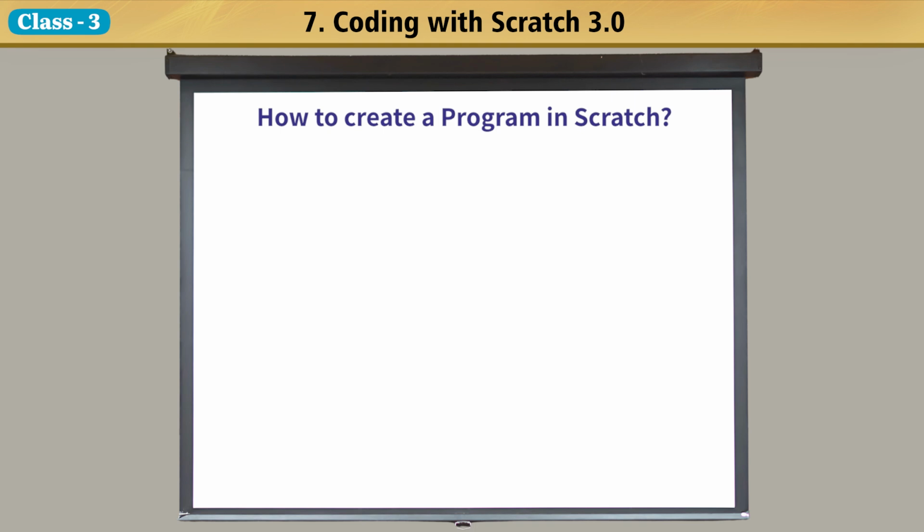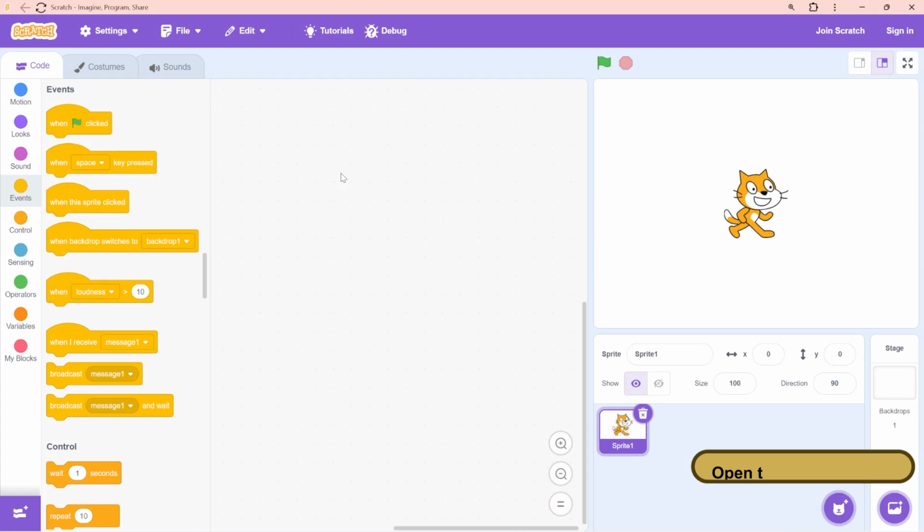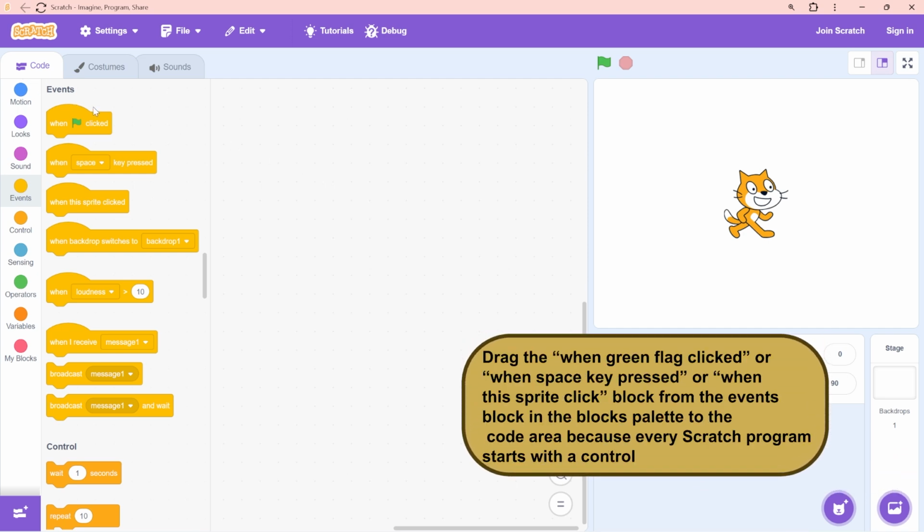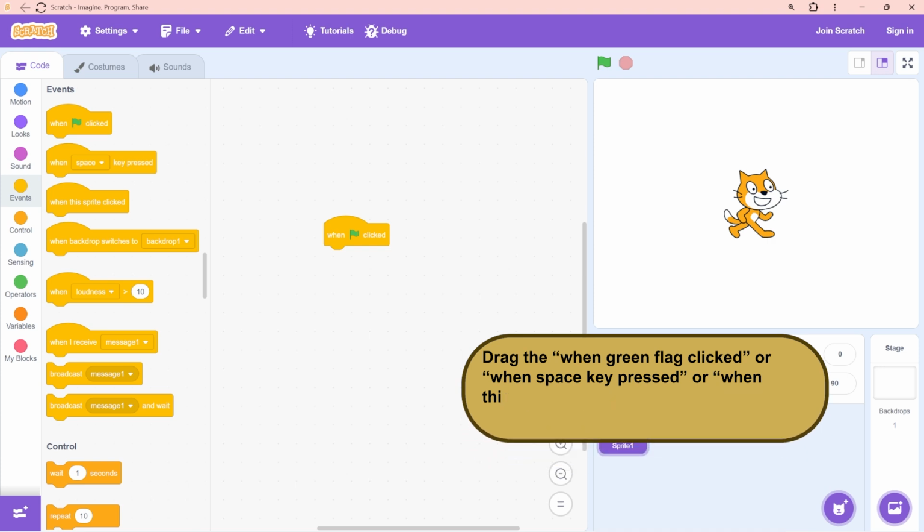How to create a program in Scratch? Let's learn to create a program in Scratch. Step 1. Open the Scratch editor. Step 2. Drag the when green flag clicked, or when space key pressed, or when this sprite clicked block from the events block in the blocks palette to the code area, because every Scratch program starts with a control block.